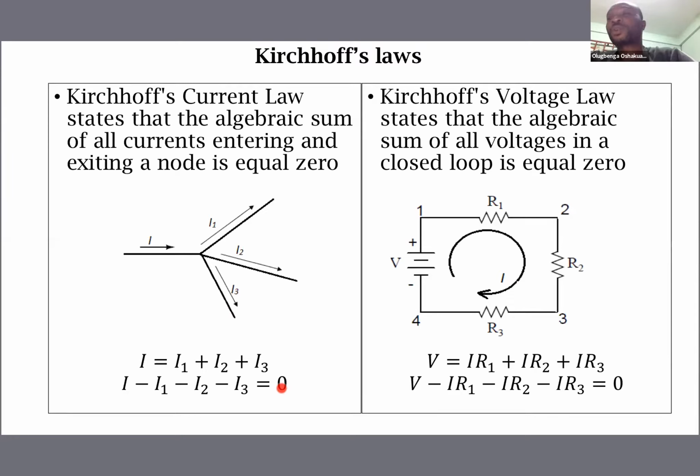Well, Kirchhoff's voltage law tells us that the algebraic sum of voltages in a closed loop is equal to 0. The algebraic sum of voltages in a closed loop is equal to 0. This is like a consequence of Ohm's law, where we have a voltage source and we have resistors, and current is flowing